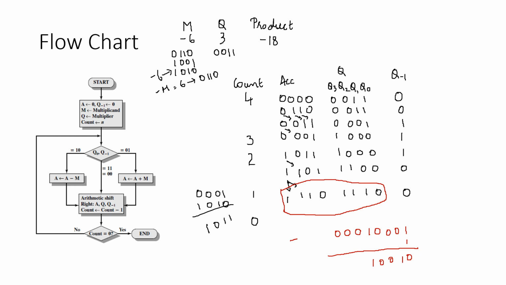So this is nothing but 2 power 0. This corresponds to 2 power 1, which is 2. This is 2 power 2, 2 power 3 multiplied by 0 is 0 itself. And this is 2 power 4, which is 16. Therefore, 16 plus 2 is equal to 18. And hence, we obtain the required product.